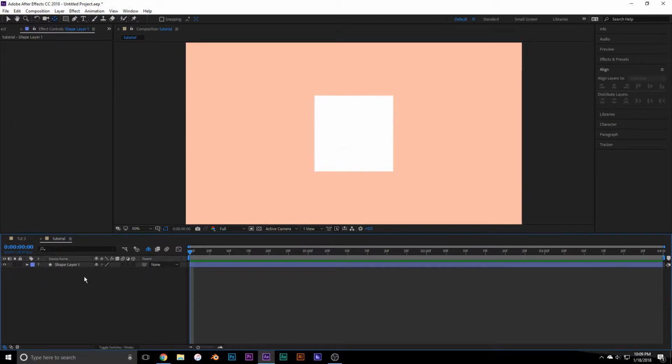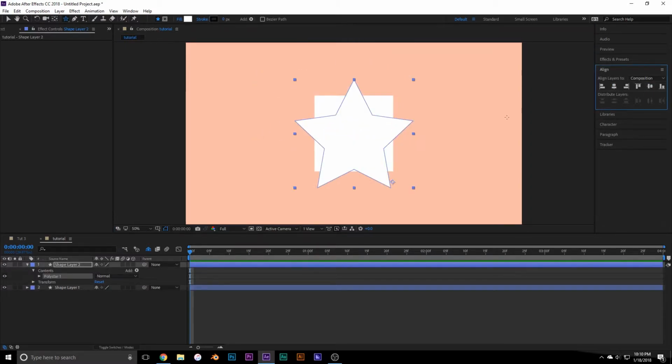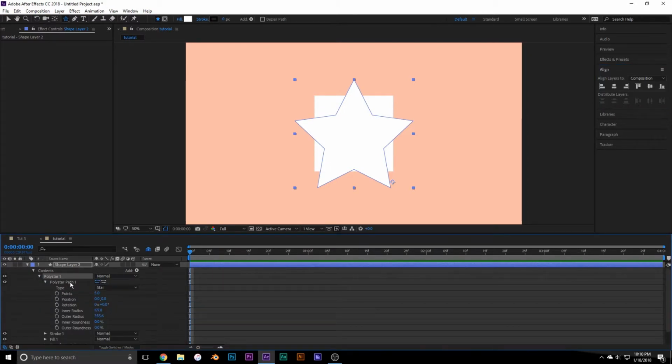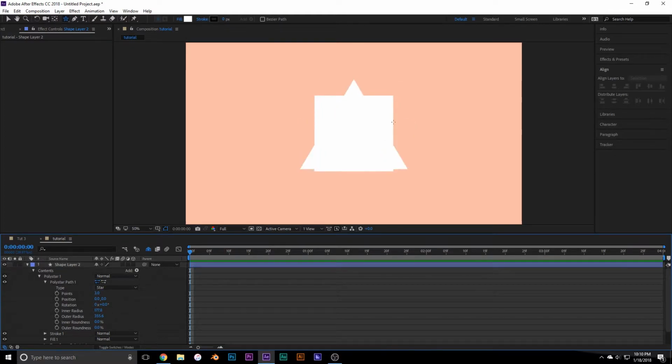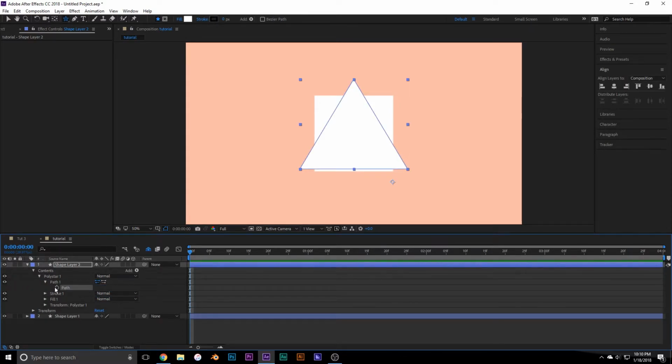Make sure you click off this layer because you're going to want to create a new shape in a different shape layer. Next, I'm going to create a triangle, align it, select polystar path. Do not right click. If you want to create a triangle, you're going to have to keep it on the normal path and then select 3 points to create a triangle. And then next, you want to right click, convert to Bezier path, and then set a keyframe, and then make sure you copy this keyframe,